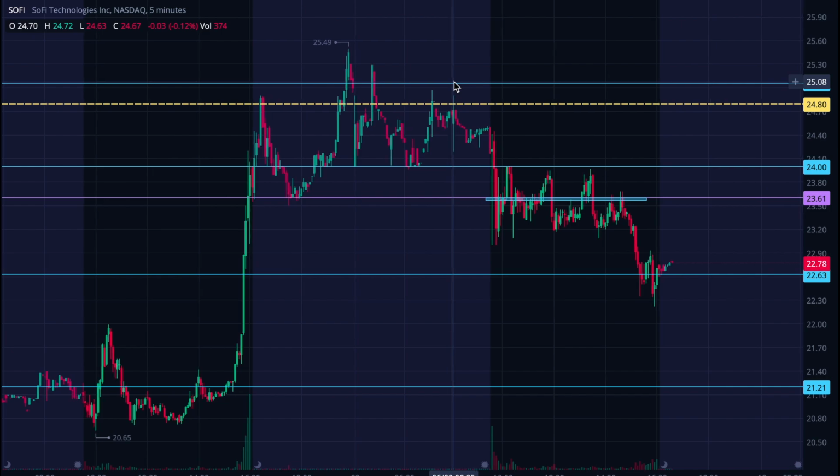Probably because a lot of folks, a lot of institutions, or whomever it is, are seeing that SoFi is having such a hard time getting up and over that 25 in a way that establishes it as a floor from which to push itself toward 27, 28, 30. I suppose there's probably a lot of mid to low 24 take profit orders sitting in there waiting to get consumed. The good thing I would say is the more that we keep running at it, running just over 24, and consuming those sells,